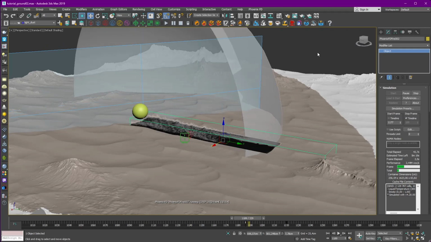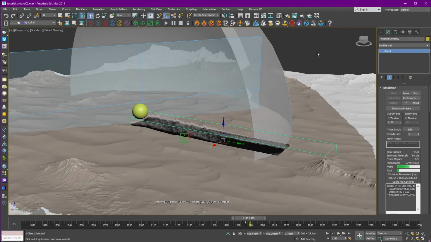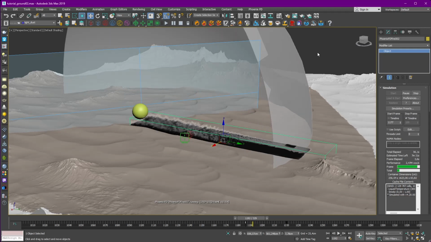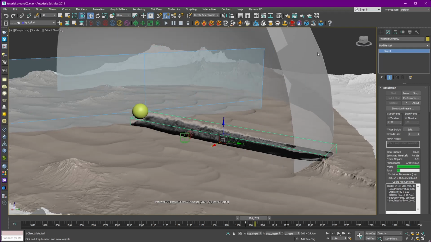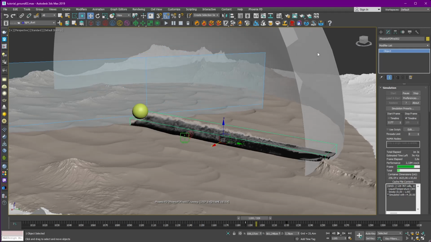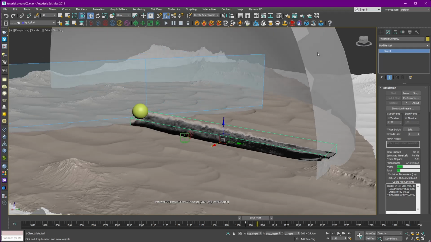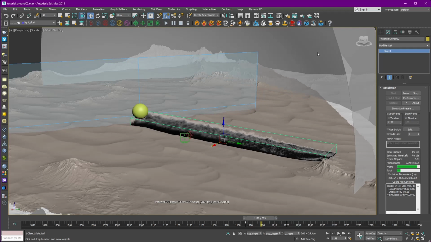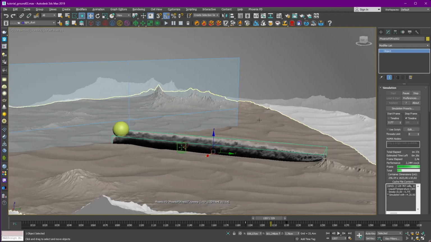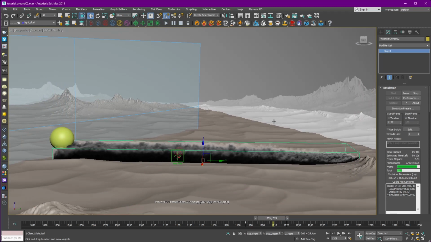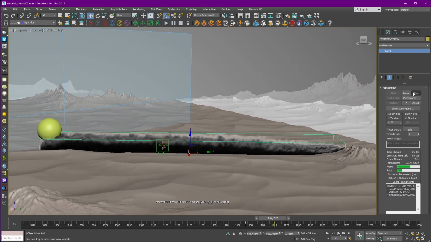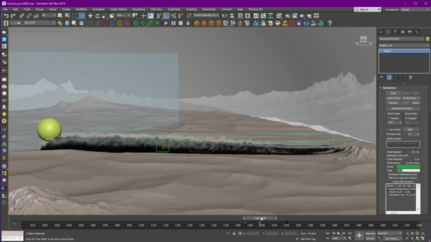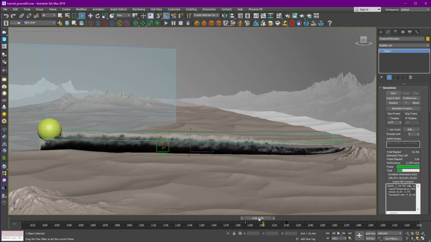So it must be like a very obvious pushing away force. So dust should fly away, not just rise above the ground. And now you can see this effect that the dust is being pushed outside of the sphere. Okay, from the side it looks fine. Obviously you can see the pushing force. Yeah, the smoke is flying away, but still too high above the ground, so probably we need to